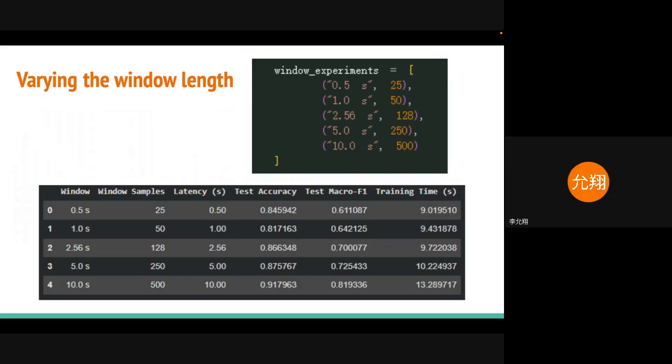So here we're going to discuss the effect of different window lengths on activity recognition performance. I tested 0.5 seconds, 1 second, 2.56 seconds, 5 seconds, and 10 seconds of window. Since the sampling rate is 50 Hertz, these correspond to 25, 50, 128, 250, and 500 samples. A longer window means that the model can observe a longer period of sensor signals before making a